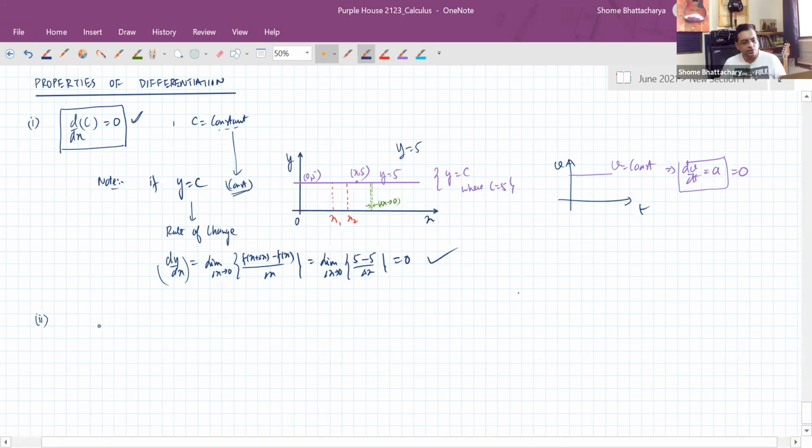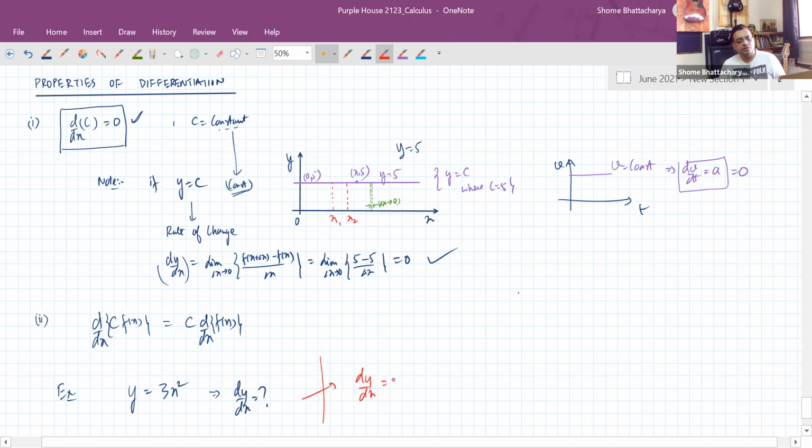Now the second property quickly we'll understand. Differentiation of a constant multiplied by a function is given by, you can take the constant outside and directly differentiate the function. So let me explain this with an example. Suppose y is equal to 3x square. Then how to find dy by dx? So here